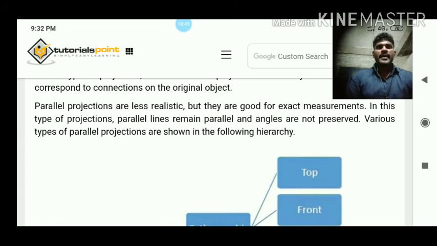Now listen. Parallel projections are less realistic. Parallel projection is nothing but a technique that we use for drawing 3D into 2D. That is all. Not that much less realistic, but good for exact measurement. The measurements are the same. We can say what the exact height is and what the width is, because parallel lines give the exact measurement. But shape,